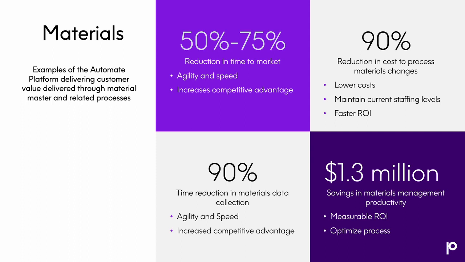Another customer reduced the cost to process materials and make a simple materials change by over 90%. So they were able to do this faster. They were able to do this with the existing staff they had, because when they did their analysis initially, it was going to cost them a significant amount of money, and it also was going to require them to hire outside staff, temporary folks, to help make these changes. With automation, they cut their time. They can do it with the existing people they have. So on the materials side, being able to automate those difficult SAP materials processes could drive a great deal of value and benefit through your entire organization.